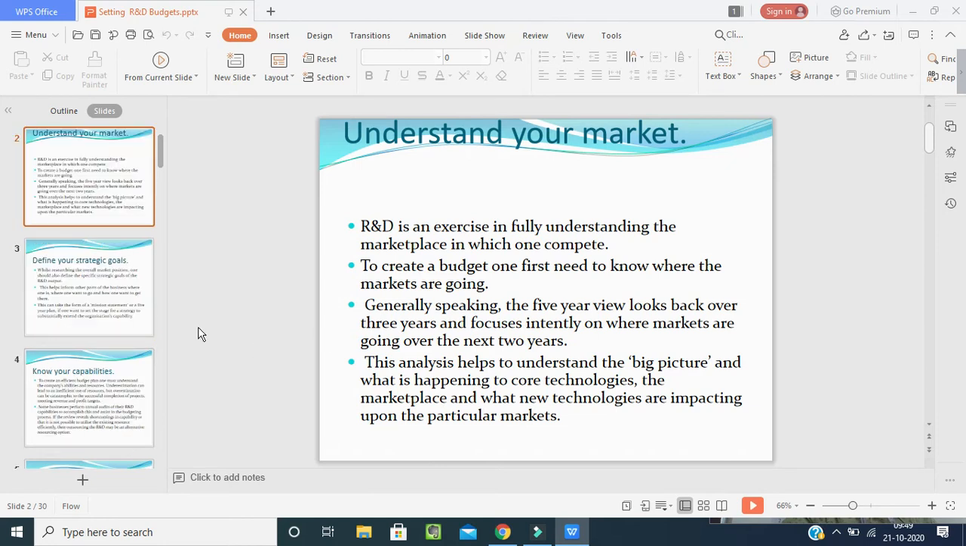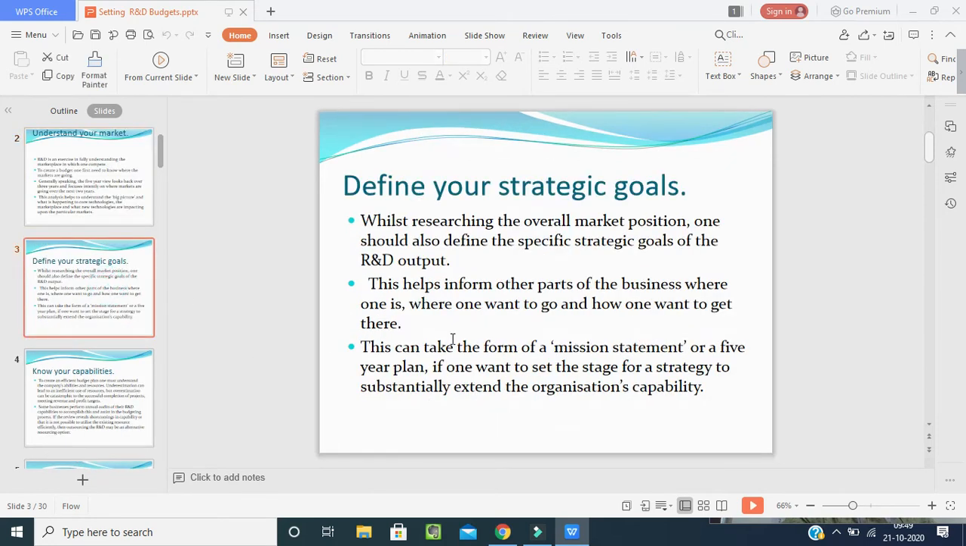Second one is defining your strategic goals. What are the strategic goals? The main thing is that a mission statement should be there. It consists of 5 years. Every firm, before launching the product into the market, will make the mission statement. It consists of a 5-year plan, and it is the stage where the strategy will be extended for the organization's